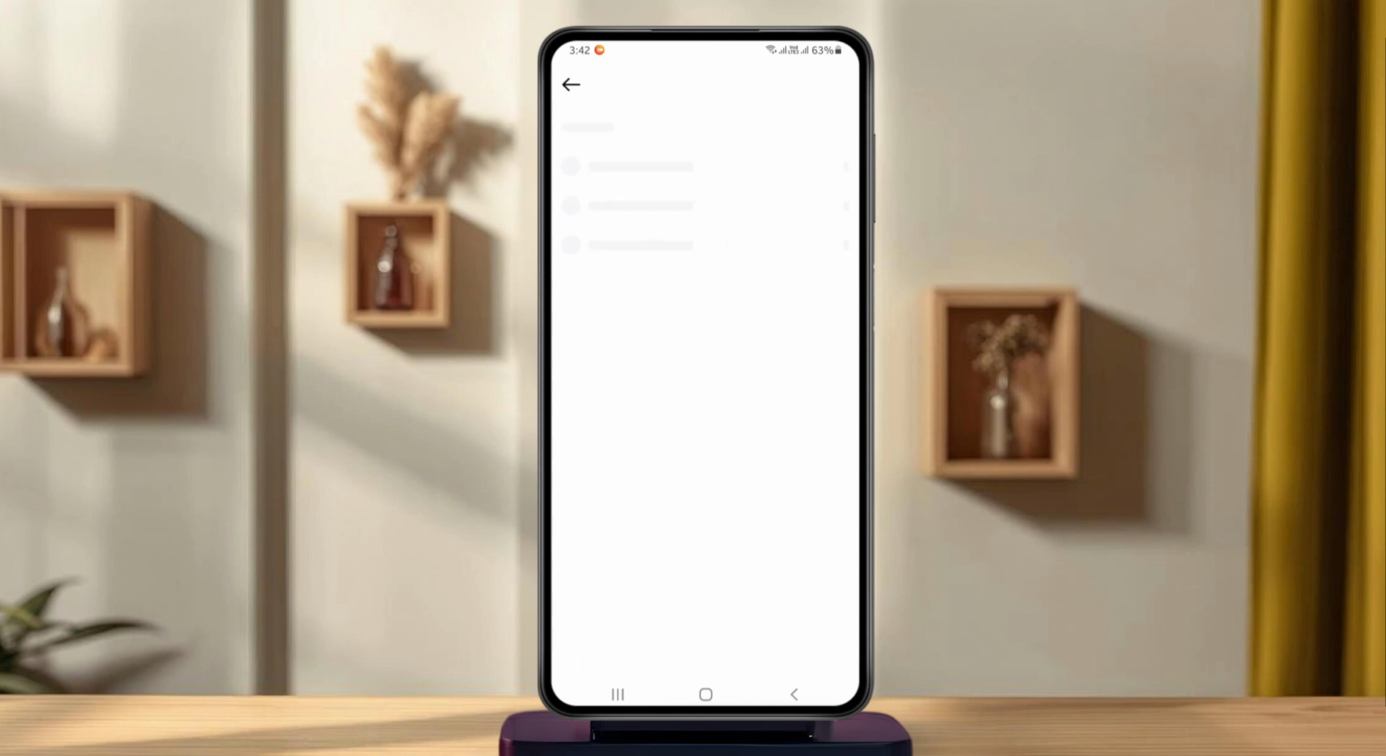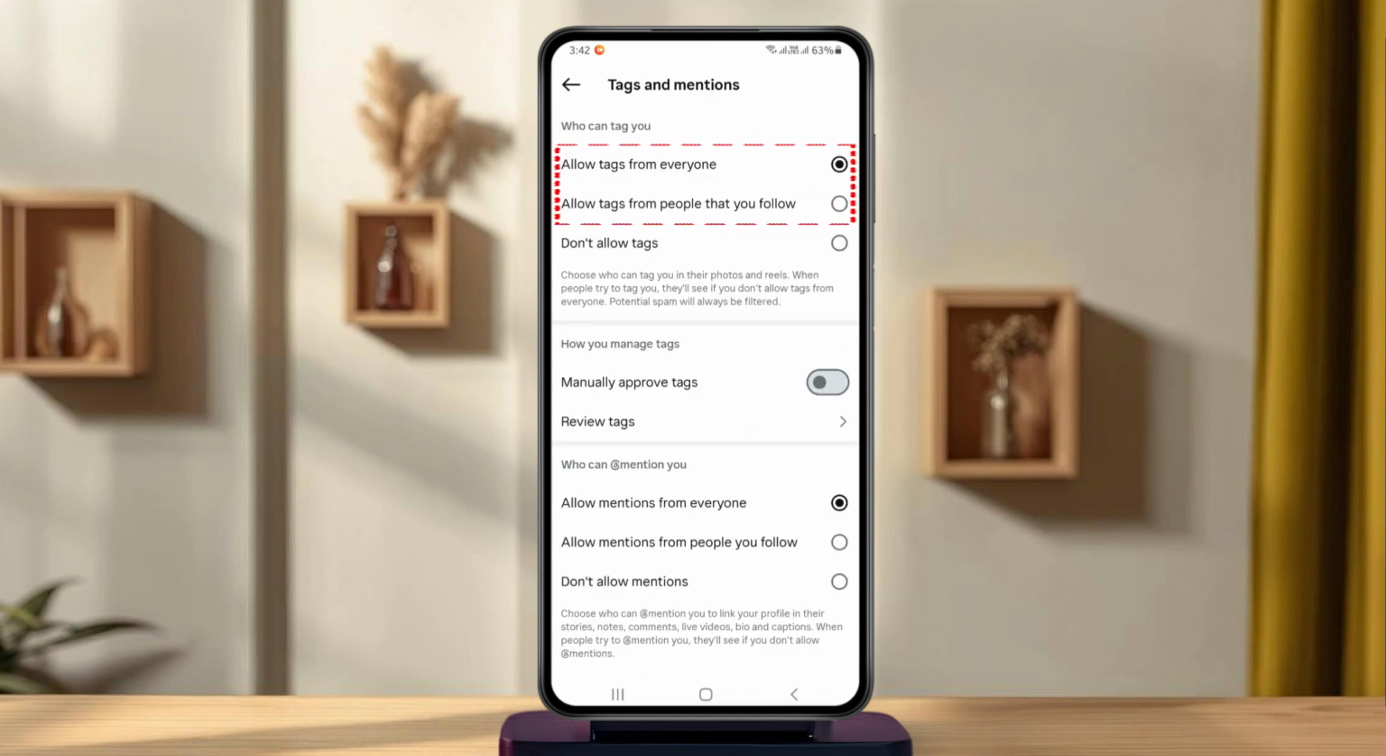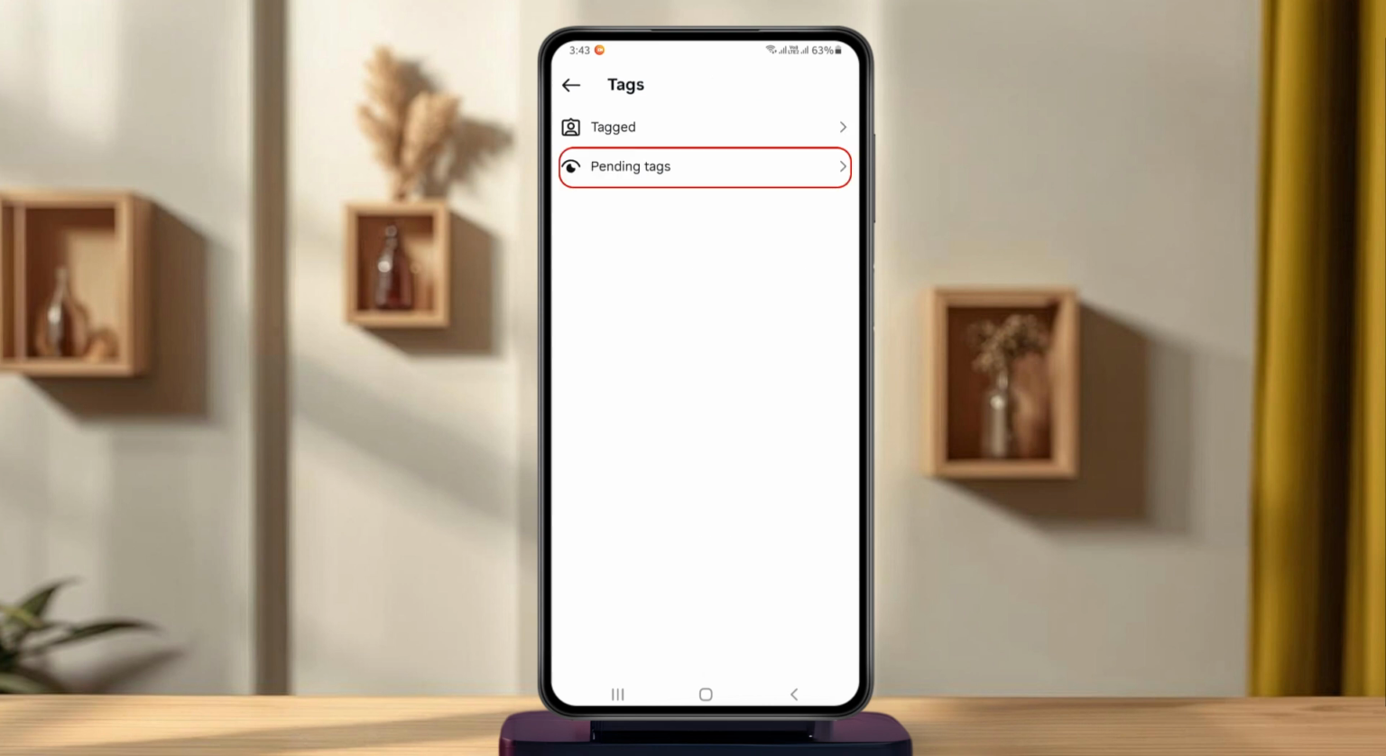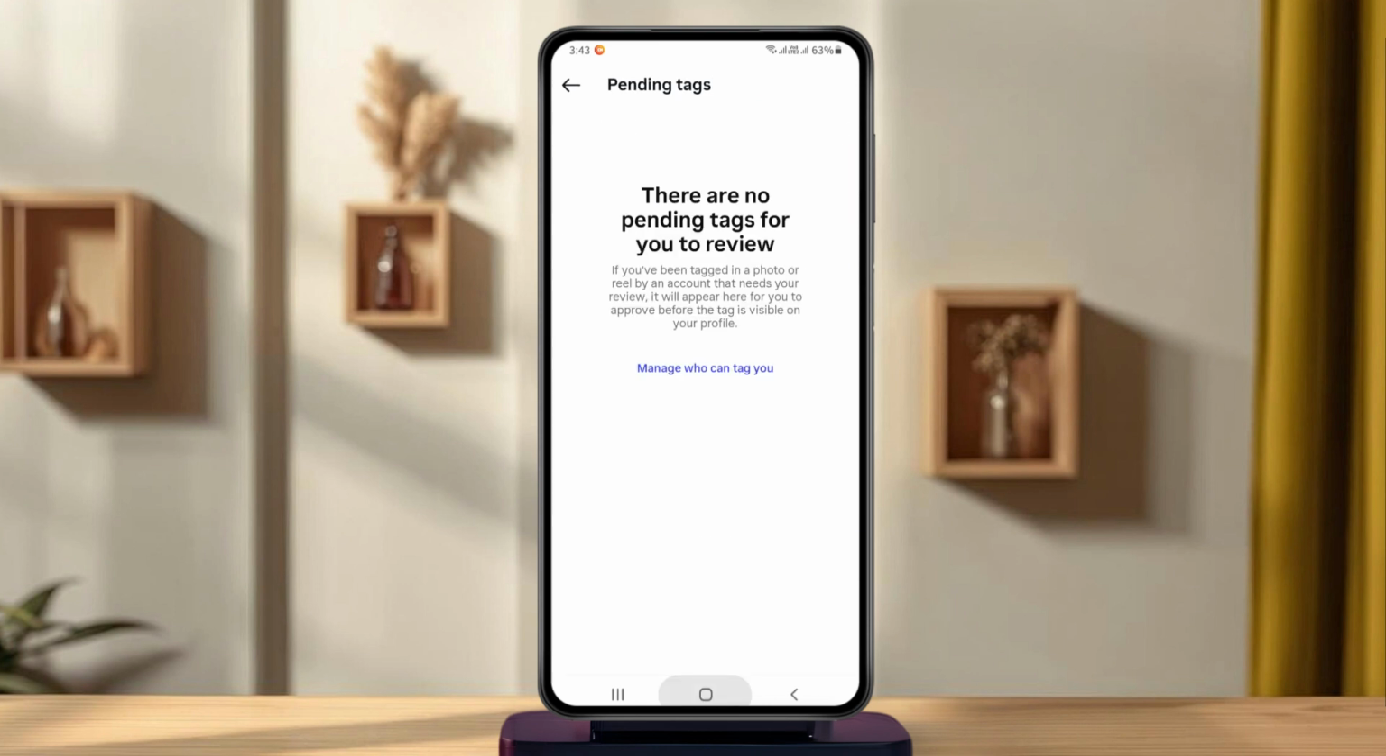Under Who Can Tag You, make sure Allow Tags from Everyone or People You Follow is selected, depending on your preference. Now, scroll to Manually Approve Tags and make sure this option is turned off. If you prefer to approve tags manually, tap Review Tagged Posts and approve any pending tagged photos so they appear